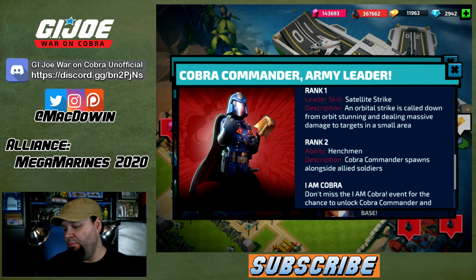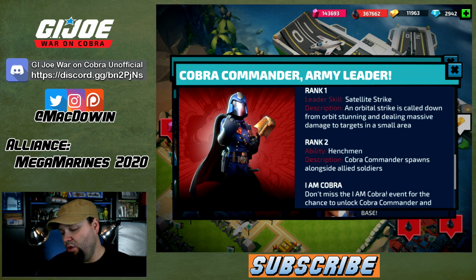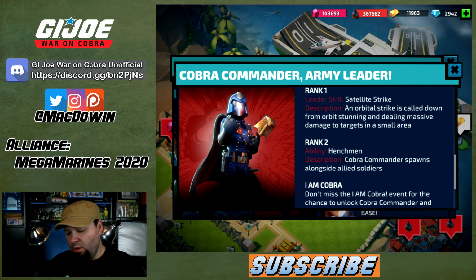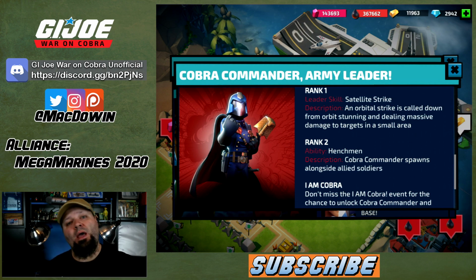Rank number 2 ability is Henchman. Cobra Commander spawns alongside allied soldiers. So I think you could probably hold on to Cobra Commander, kind of maybe more of a late battle. And as your Cobra troops, like the Stinger or the troops, bats, whatever, move on to the other side of the map, you could spawn him over there when you might not be able to spawn that far into